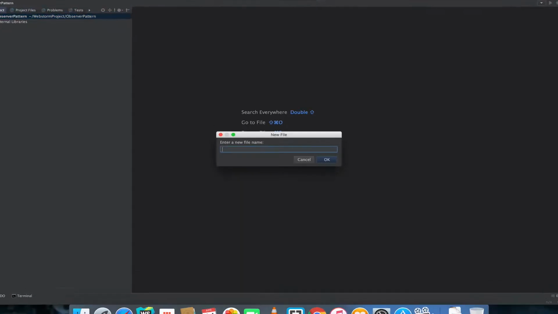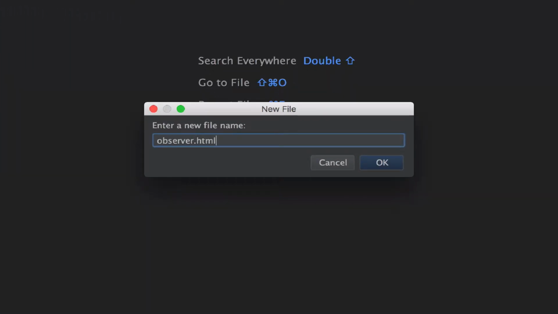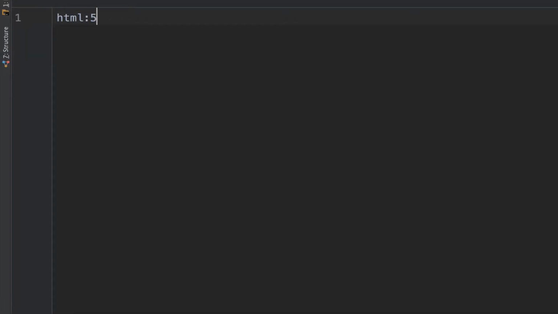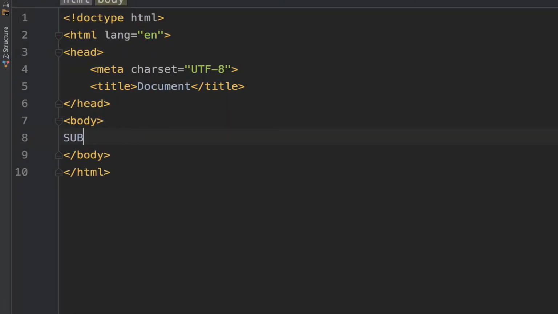All right, let's start by creating a new file. Call it observer.html. I'm going to use the Zen coding technique, so I'm just going to say HTML:5, hit the tab key. That gives me the HTML5 boilerplate. Zen coding again, the input of type attribute equals text, and ID of subject, hit the tab,